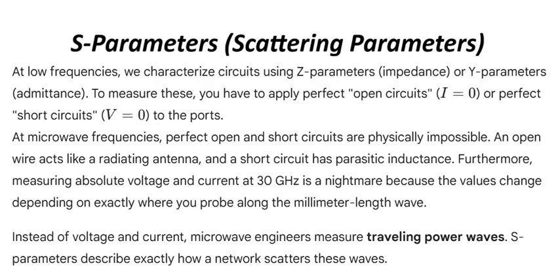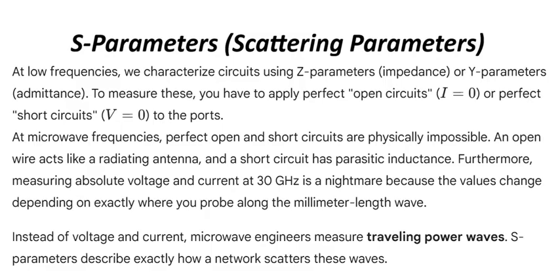S parameters, scattering parameters, is the mathematical bridge that allows us to treat incredibly complex physical microwave components as simple, predictable black boxes. We first have to understand why we need them. At low frequencies, we characterize circuits using Z parameters, impedance, or Y parameters, admittance. To measure these, you have to apply perfect open circuits, I equals 0, or perfect short circuits, V equals 0,